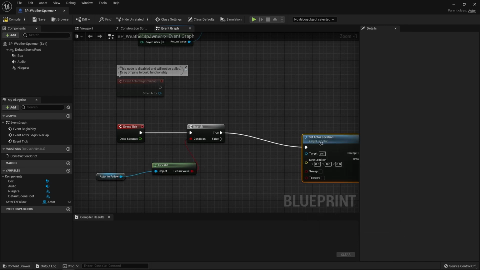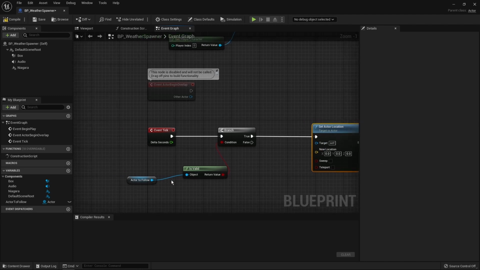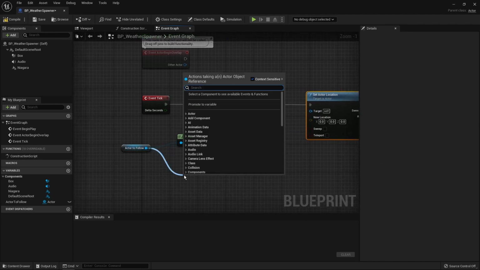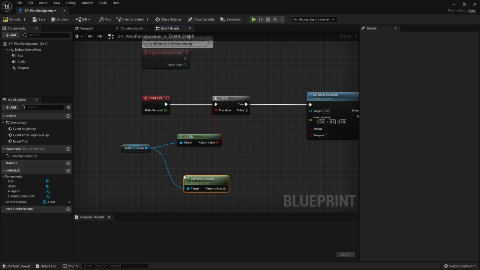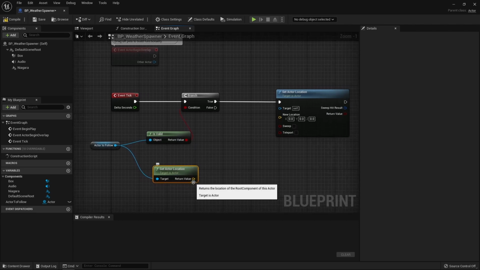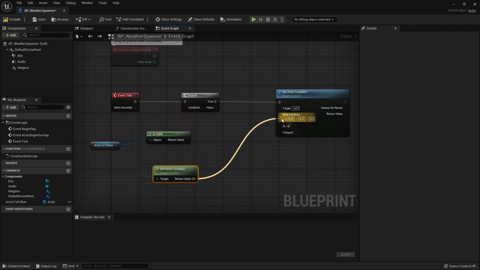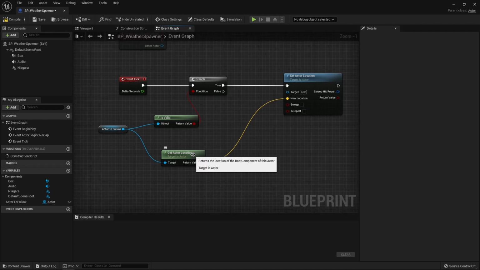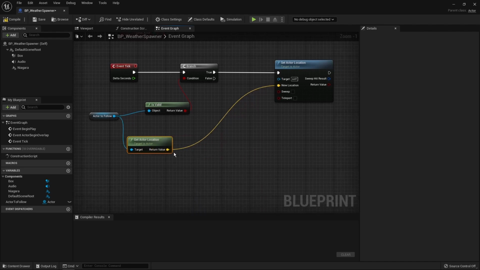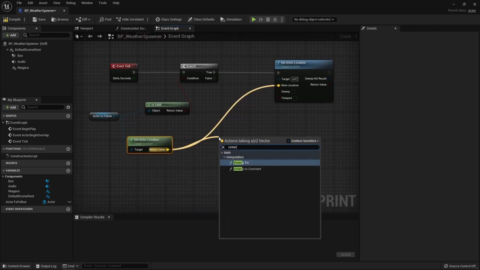Set actor location to the location of the actor to follow. Get actor location. We could directly feed the location into the location for this actor, but it will look a little bit glitchy. So to smooth that a little bit, we can use a VInterp node